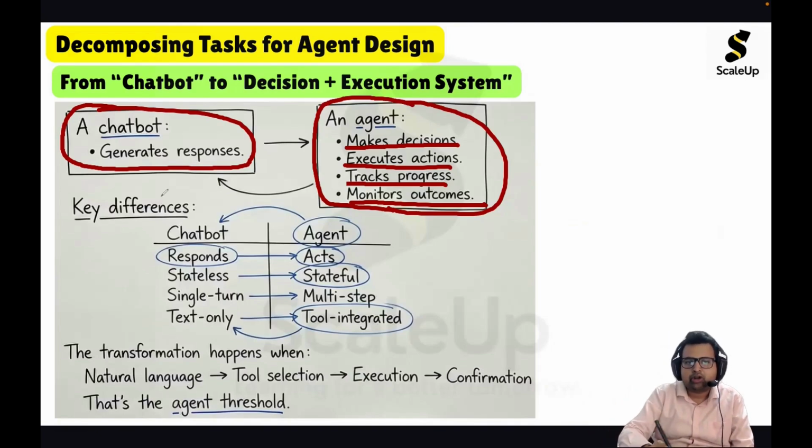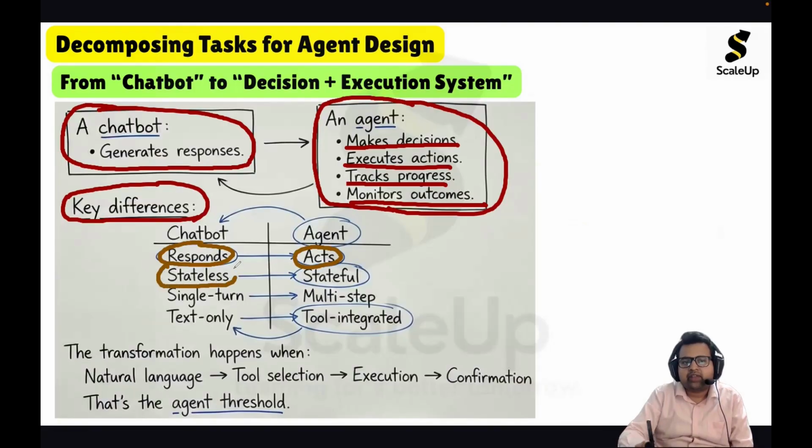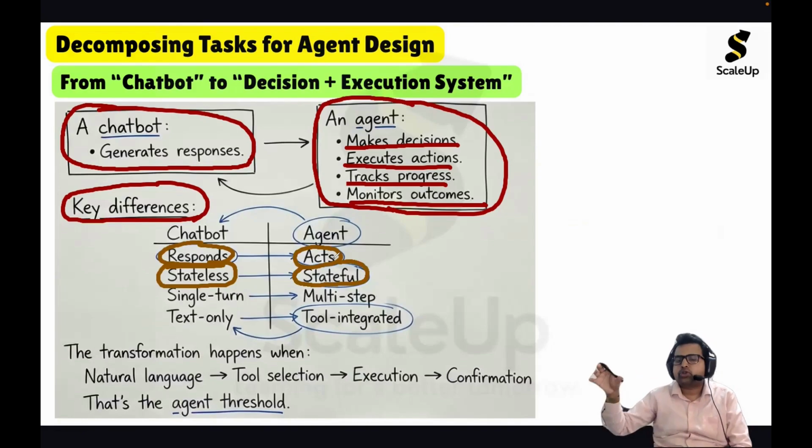So the key difference between a chatbot and an agent: a chatbot responds, whereas an agent acts. A chatbot will give you a strategy, but an agent can act on that strategy. A chatbot is stateless, wherein every interaction will be new for it. It will not remember anything. But an agent is stateful, wherein all the interactions it will keep on storing in the form of a context memory. It will remember its previous actions, the outcomes of them, and it will keep on updating itself, revising the